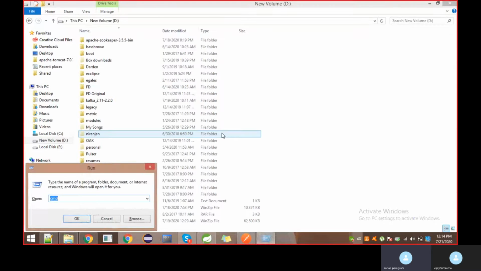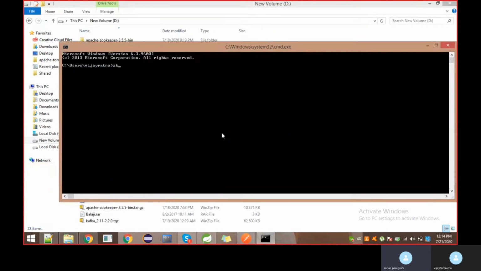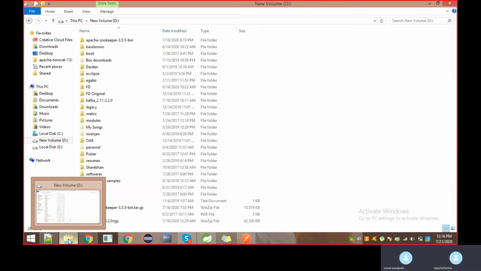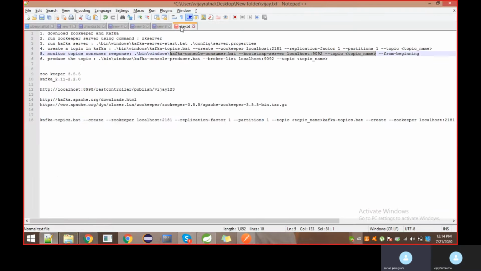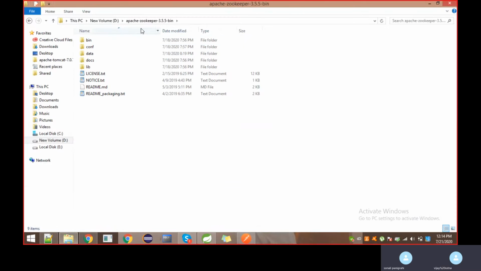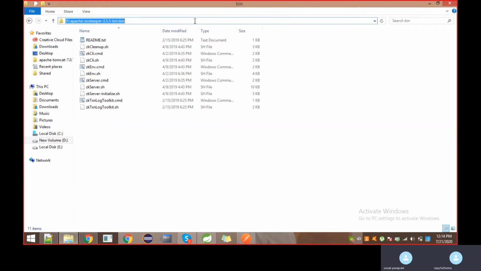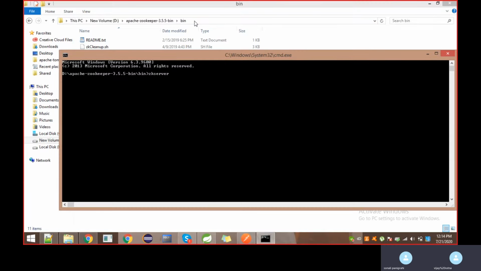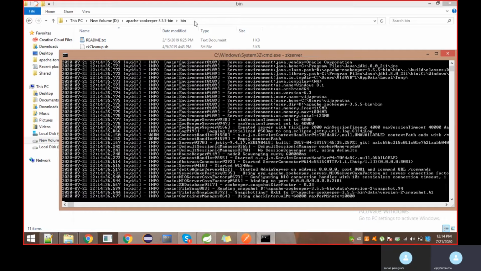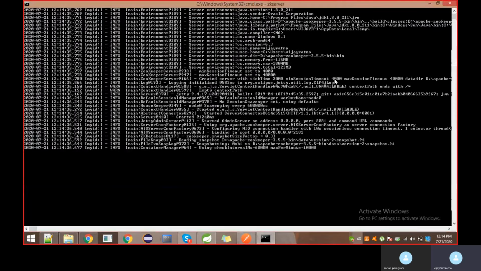Something is happening. I am going to Apache Zookeeper and then bin. Sorry, I ran from outside of the bin folder. Here you can see Zookeeper is started.